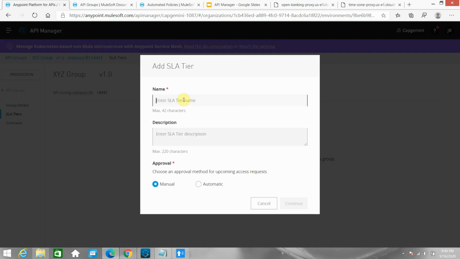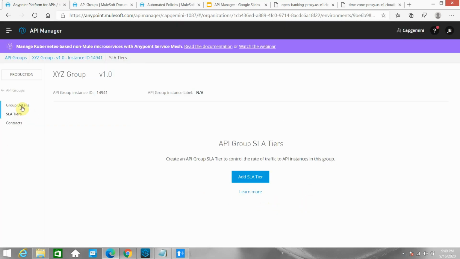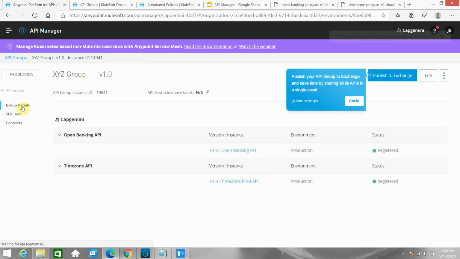So basically for approval, choose the approval method for incoming access requests. You can define the SLA tiers like this, but let's keep it as it is for now. So just do nothing with SLA tiers.